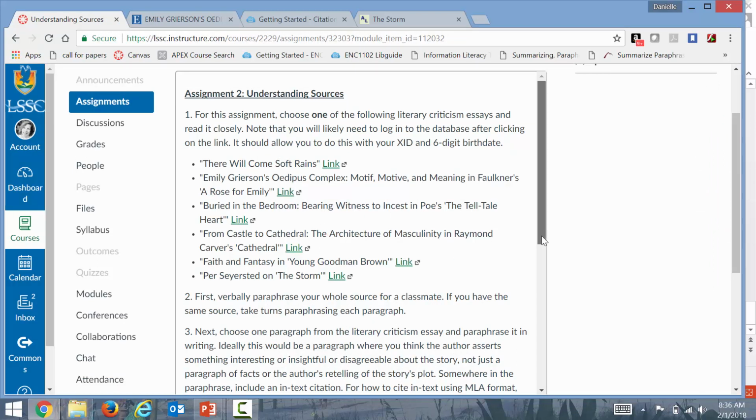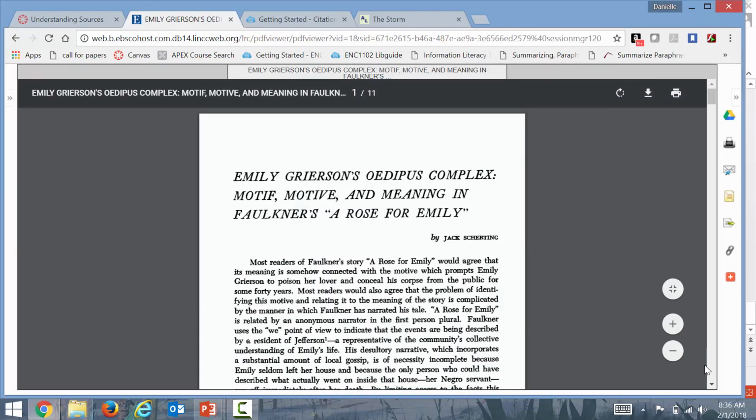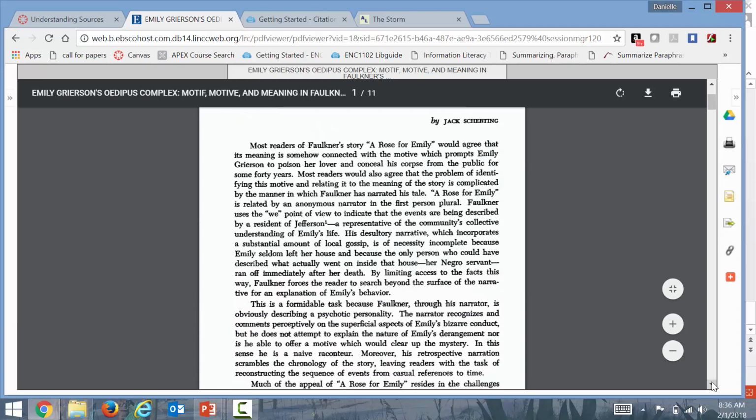Then second, and you may want to skip this because we're not meeting in class, but if you have somebody from our class, verbally paraphrase your whole source for a classmate. If you have the same source, take turns paraphrasing each paragraph. So basically, try to go through with somebody, or even on your own if you were not in class,